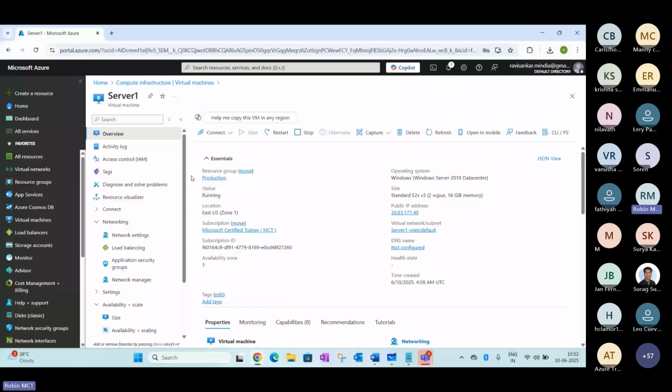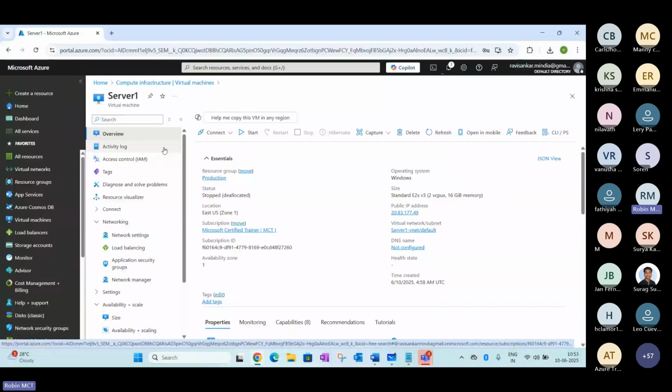Neil, CR stands for change request. This abbreviation is used when any configuration change is needed. You may have heard about the ITIL practice, right? ITIL practice says that for any configuration change you are doing in Microsoft Azure or in production, a valid change request is needed. So whenever you are trying to make any kind of vNIC change, you need a change request. That is one point you can remember.